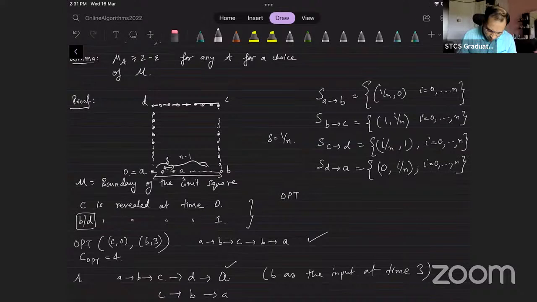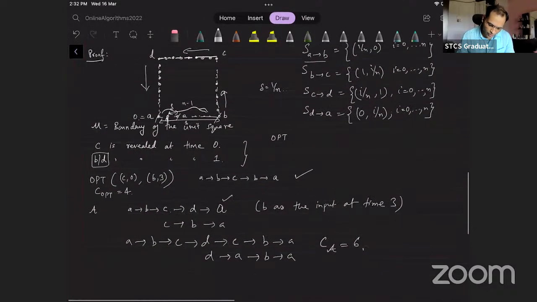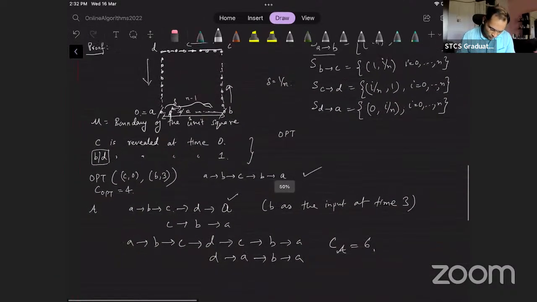So these are nothing but these points. I'm just defining them as A to B as these n points sitting on the x-axis. That's all I'm defining. This point, this point, this point, all the way to B. Similarly, B to C is this set of points, C to D is this set of points, and D to A is this set of points. So I'm going to use those points. So how many points have I got? 4n points. So input at time 0